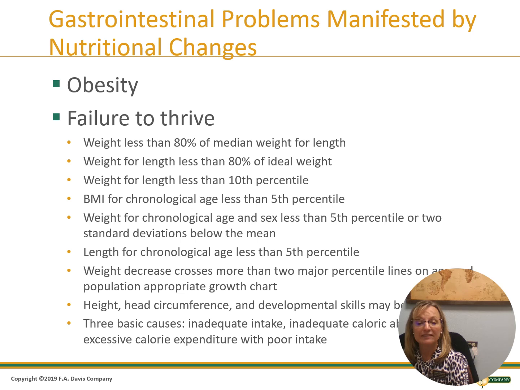GI problems manifested by nutritional changes, obviously obesity. And obesity is where the BMI is greater than 95% to be considered obese. BMI of 85 to 94% is considered overweight. And we start seeing adipose tissue at a young age. A lot of these kids will have knee pain from carrying around the extra weight, abdominal pain, daytime somnolence, PCOS,